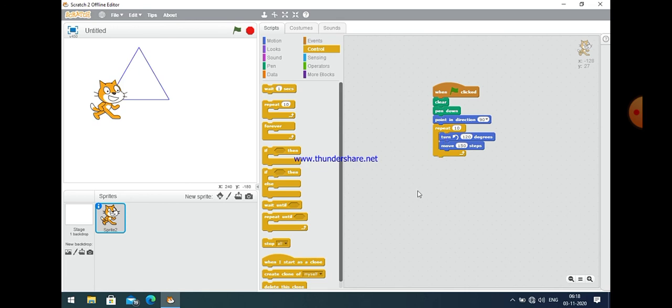Put the command inside the repeat block and the command will be executed the number of times you give as its value. Let us check it again. You can make the program without using the repeat block or with it. It is your choice. With the repeat block, it is easy to make a triangle or rectangle or pentagon or hexagon. You can make these programs in a very easy manner by using the repeat block. Okay.